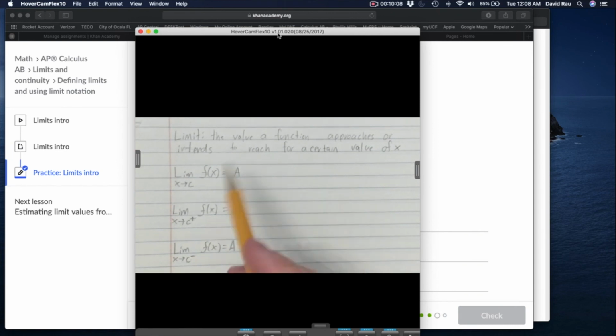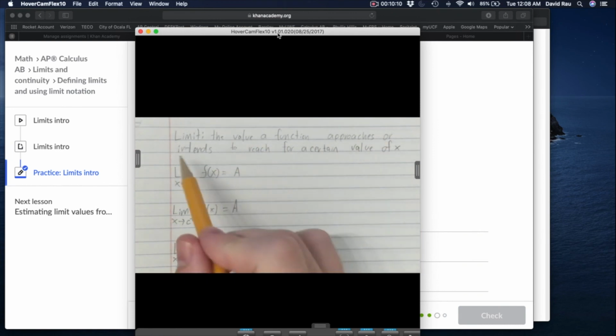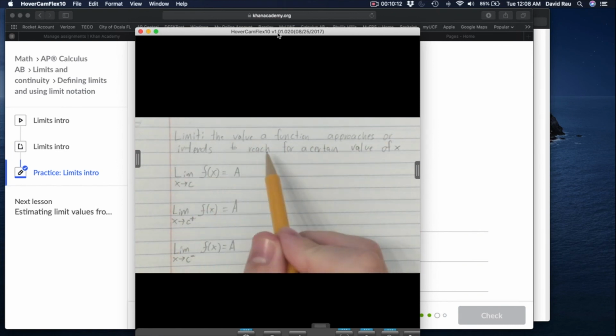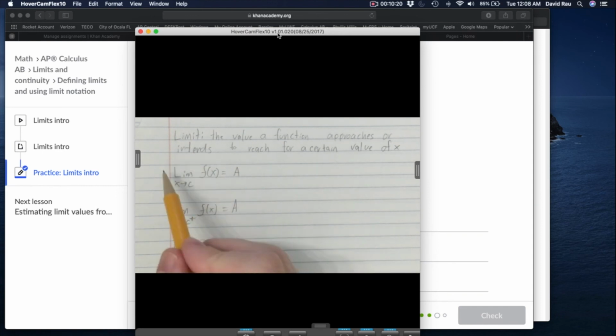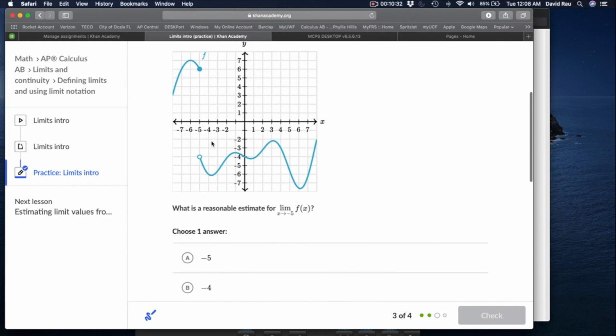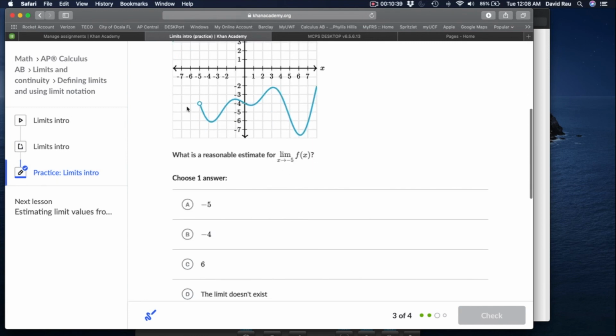The idea is, again, a limit is the value a function approaches or intends to reach. What that sentence really means is follow the curve of the function, not the points of the function at the value you're looking for. If you want to find the general limit, you actually need to compare the right-hand limit and the left-hand limit and make sure they both agree. It's totally possible for your left-hand and right-hand limit to not agree. Again, just look at this example right here. The left-hand limit is 6, the right-hand limit is -4. So those would be valid answers for the left and right, but since they don't agree,